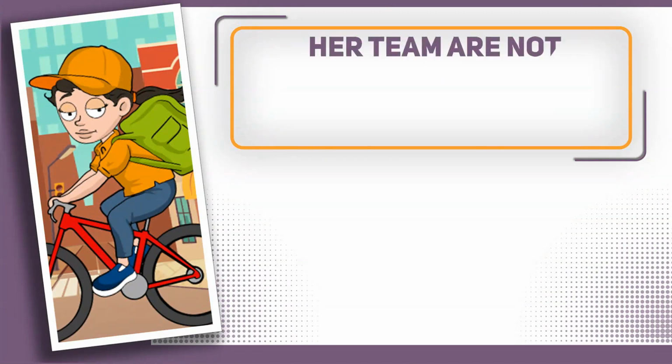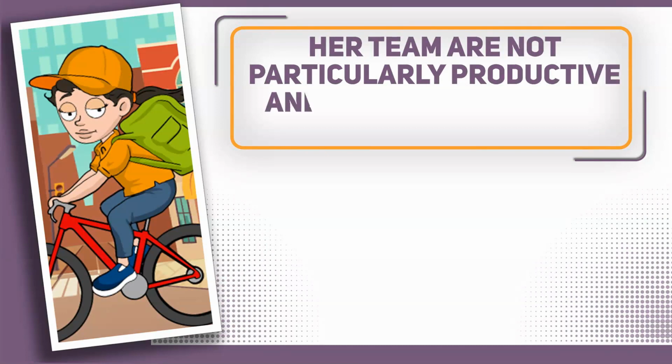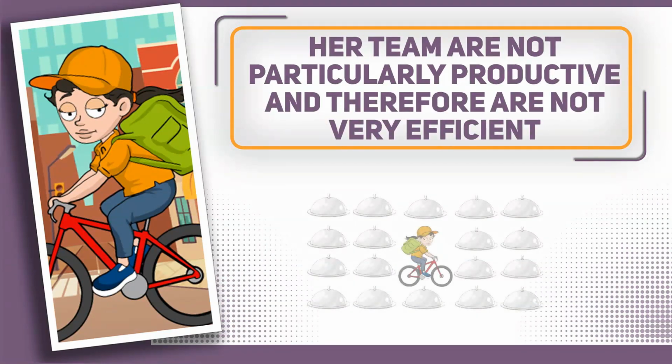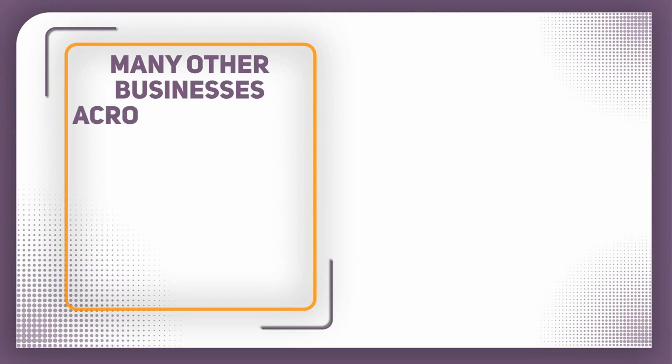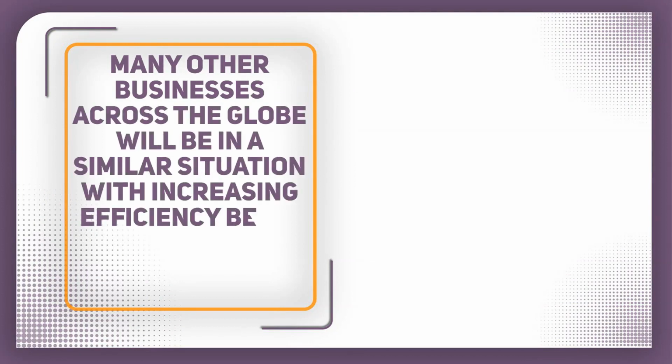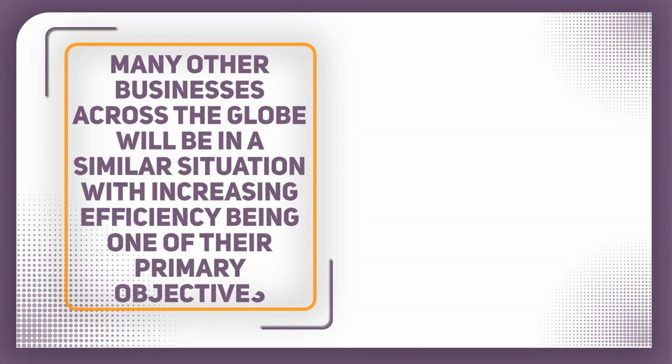As you can see, Clarissa and her team are not particularly productive, and therefore they're not very efficient, especially in comparison to their rivals. But this isn't particularly Clarissa's fault, or even the fault of the restaurant owner. With efficiency, it is one of those things. Inefficiencies may occur, but often this just needs to be addressed. Many other businesses across the globe will be in a similar situation, with increasing efficiency being one of their primary